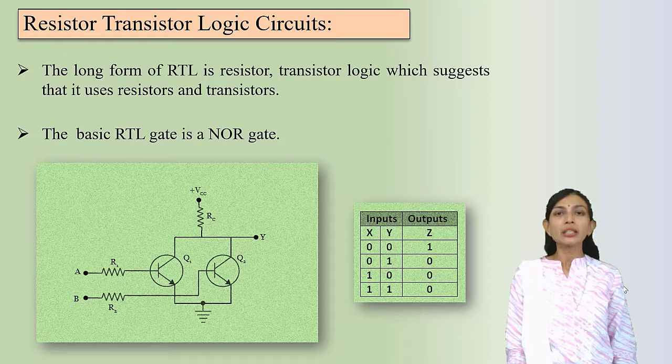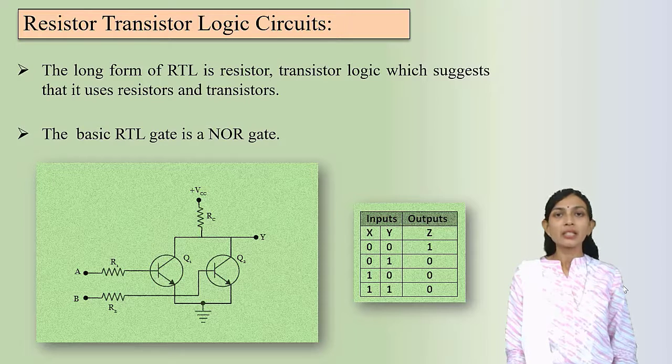Now I am explaining case number 3, 1 0, that means A is equal to 1 and B is equal to 0. If we apply A equal to 1, that means high, and this is also an NPN transistor, so high is applied to the P base terminal. So Q1 will be on and Q2 will be off. As Q1 is on, plus VCC is utilized to turn on the transistor Q1, and that's why again the output at the terminal Y is equal to 0.